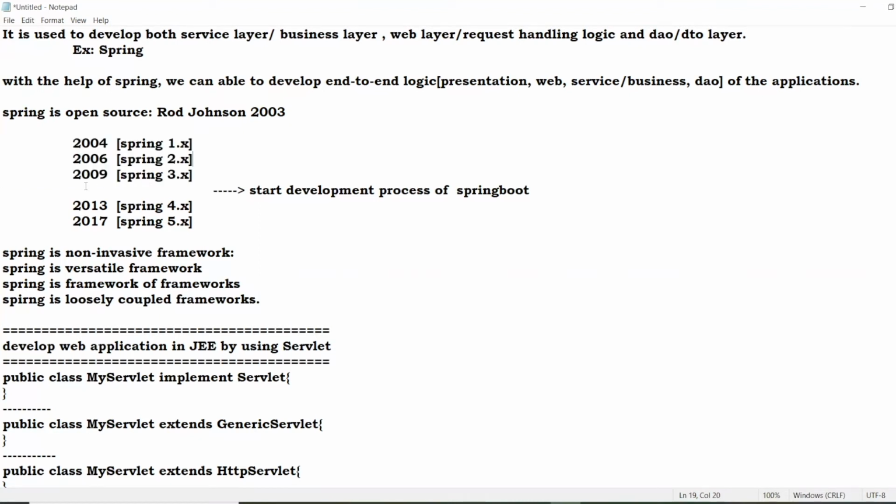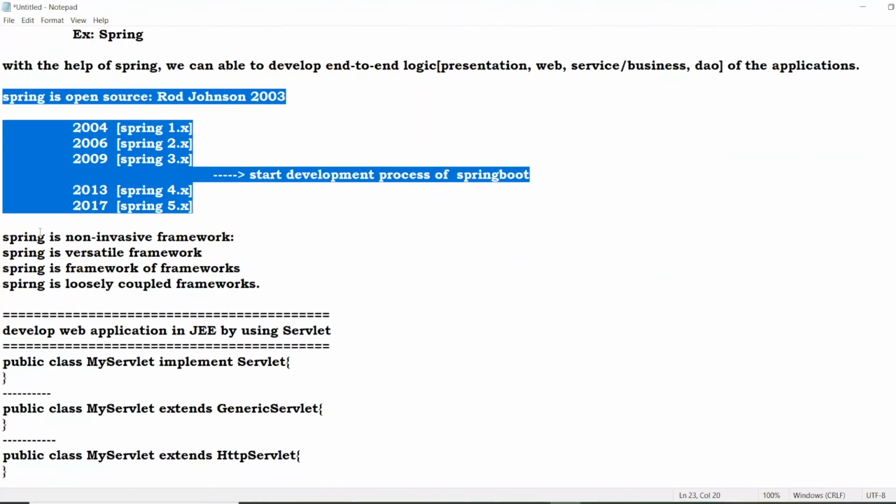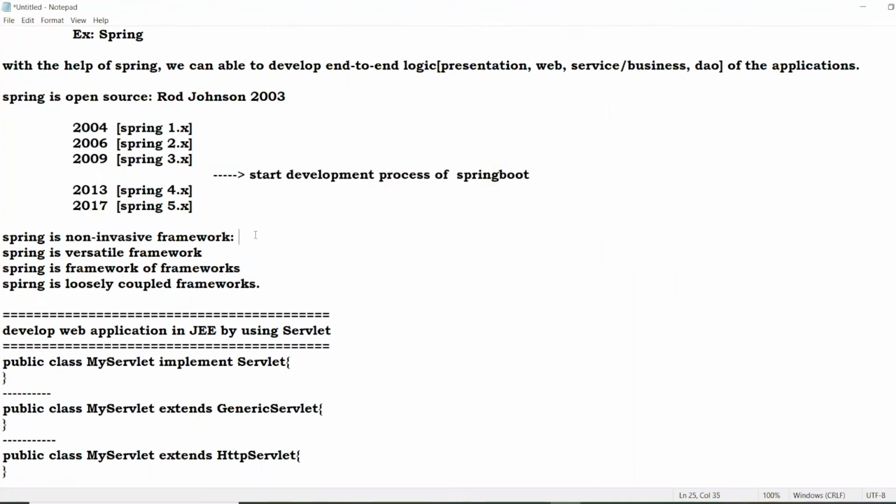But after a few years, around 5 or 6 years, the Spring people got an idea. What is that idea? We are going to learn. Based on that idea, they started developing Spring Boot. What is the limitation and what is that idea? We'll discuss, please wait. Now, I told you Spring is a framework and Spring is a non-invasive framework.